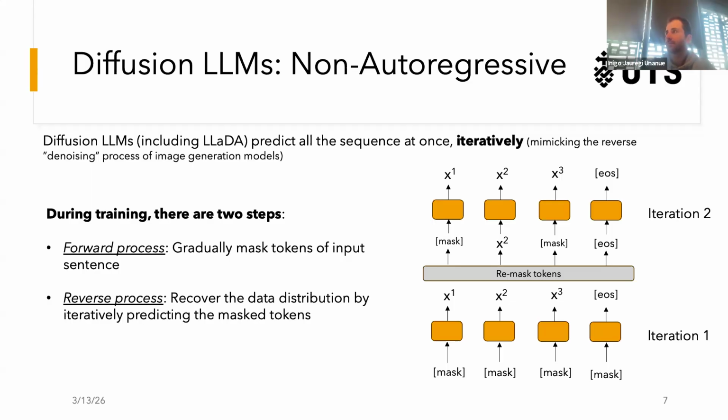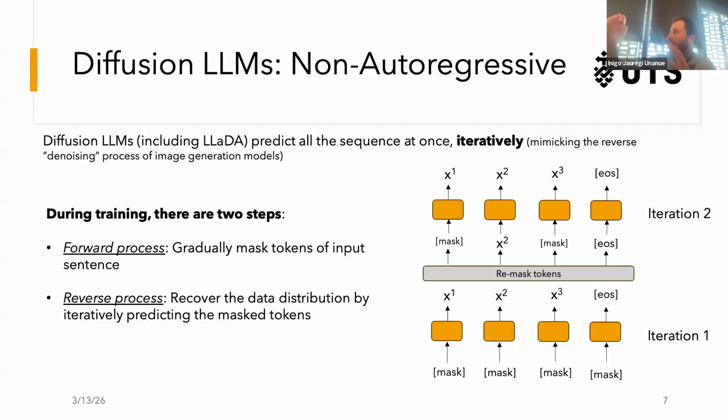Why do you need to carry out the reverse process during training if the reverse process is used at inference? So during training, to learn how to do that at inference time. That's why the forward process is important, to have different levels of masking, different levels of noise. Then during training, you're trying to recover from different levels of noisy text so that you see all the scenarios. So that then when I show the inference mechanism,